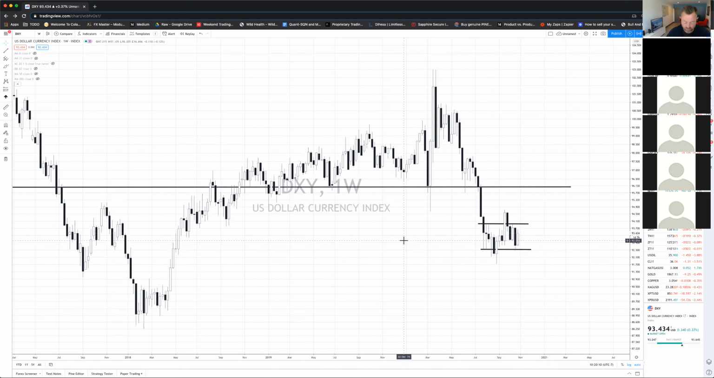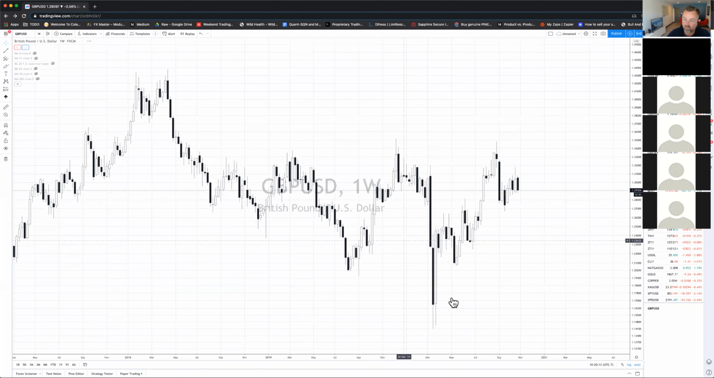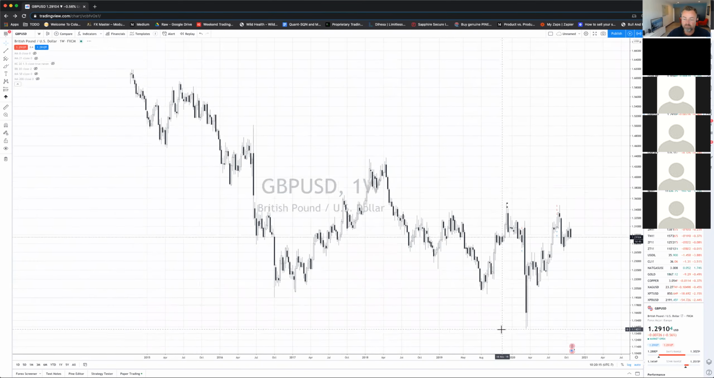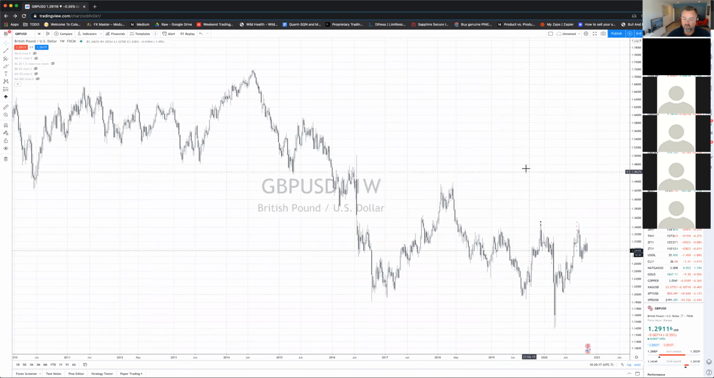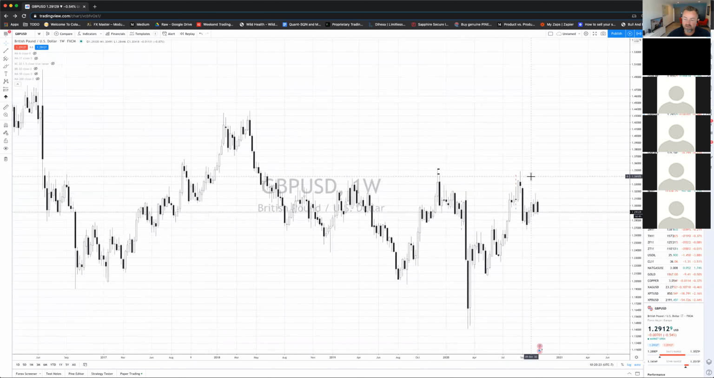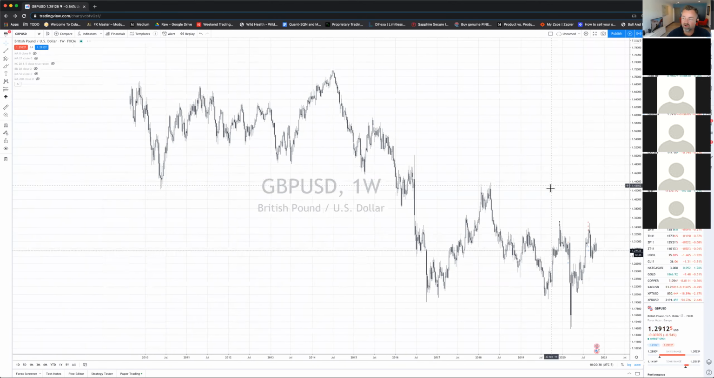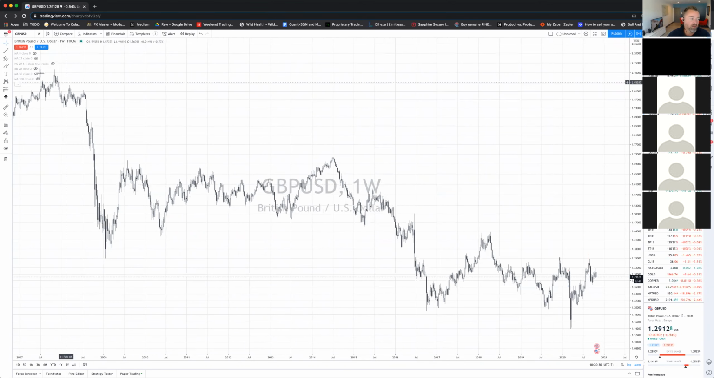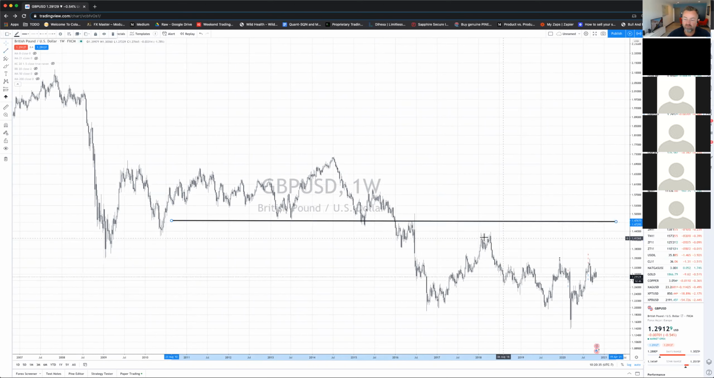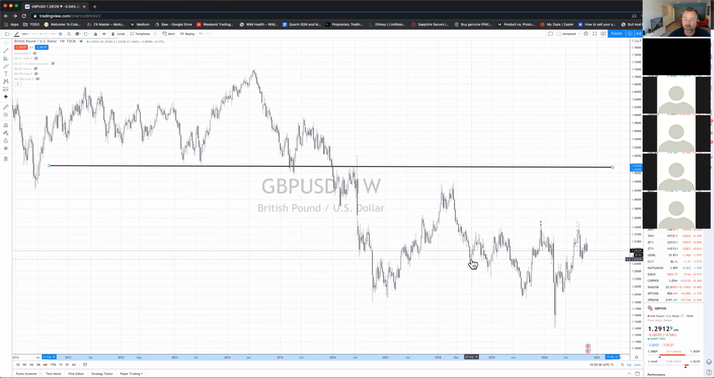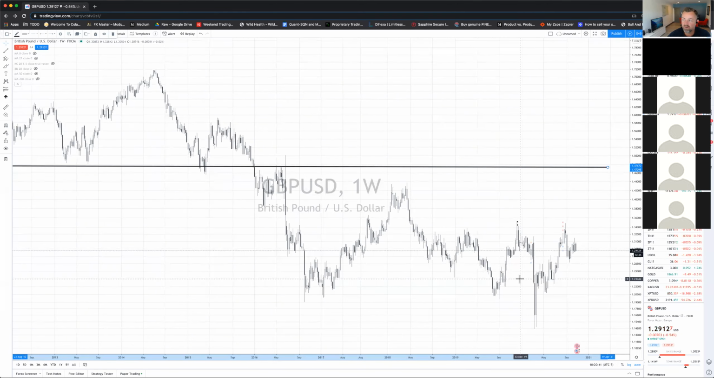So let's take a look. We'll spend a little more time on currencies, and then we'll get to some other things. The strength in the pound should happen, and it would most likely happen on the heels of Brexit rather than a weak dollar. So barring a major move in the dollar, more than likely you're looking at a